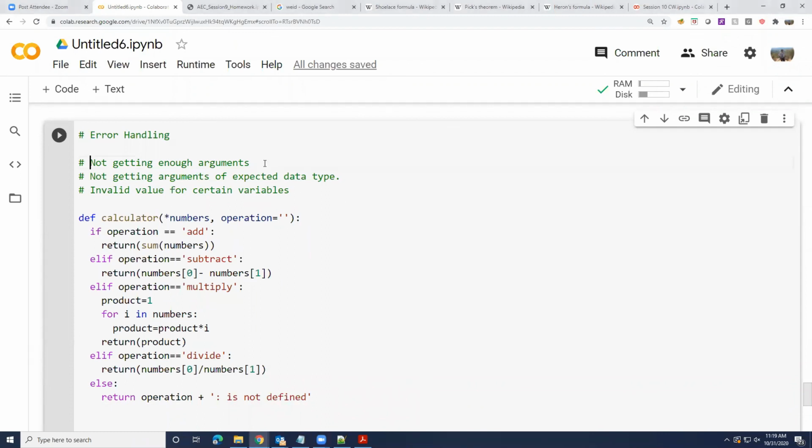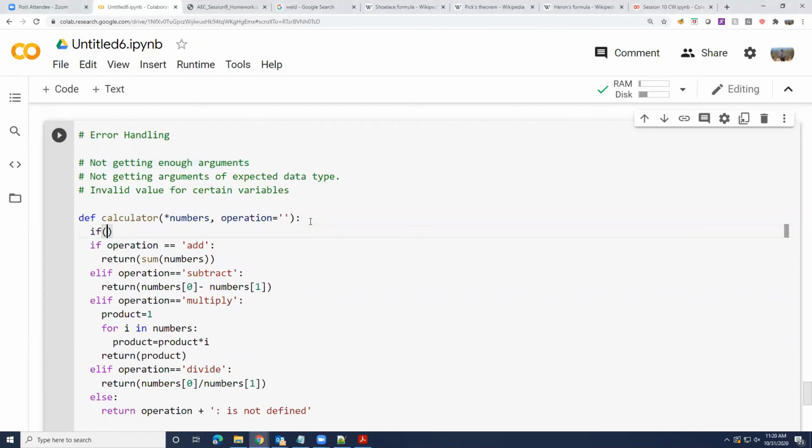But how about not getting enough arguments? What do you do for that? Should you return something? How do you check for getting enough arguments, first of all? If arguments equal to 1, fail. Absolutely.